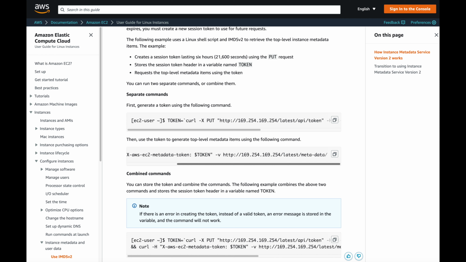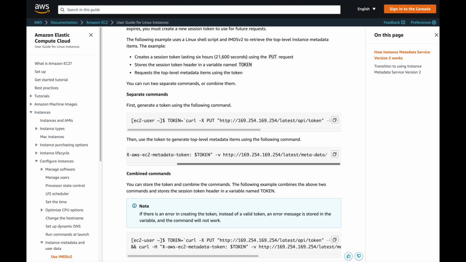There's a header that we would add here to ask for a token. And this is a lifetime, I believe that's 6 hours. And we would actually be saving the output of this as a variable, token. Then once we have that token, we would then do another curl. At this point, we're adding this header, which is a metadata token with the token value from that variable, to then query this here